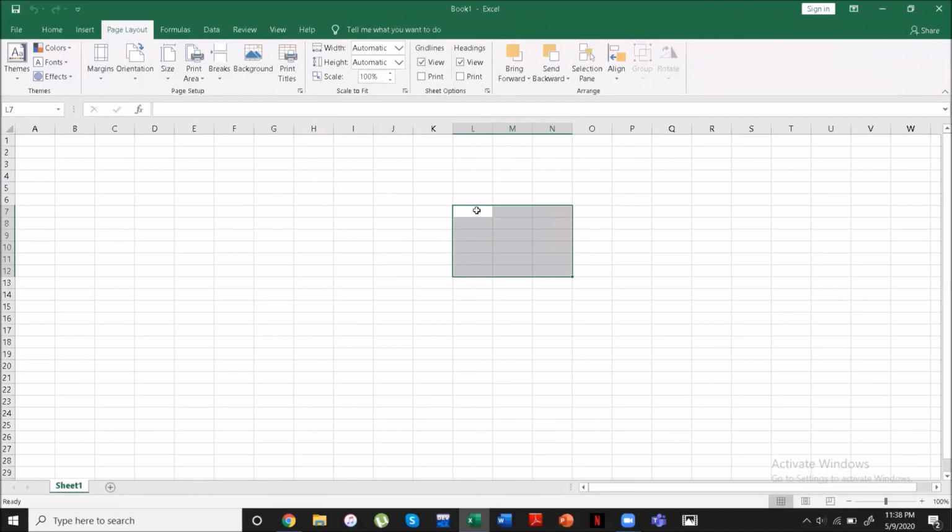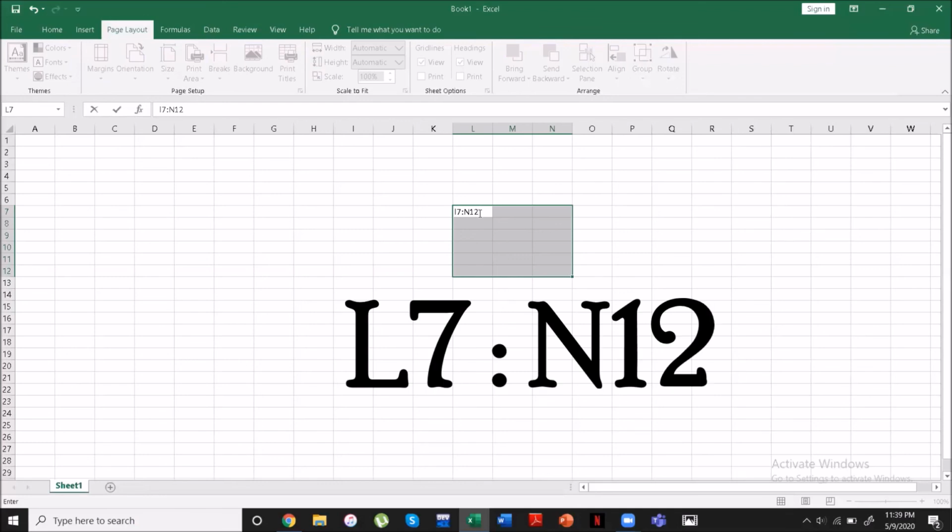this is L7. I can also name this. Now, the way you name a range is you start in the upper left and you name the cell in the upper left. So this is L7 and then you say the word through. So L7 through, and then you say the name of the cell in the lower right, that is N12. So L7 through N12, that is the name of this range. Now how you would write the name of this range is that you will write L7 through. Now the symbol for through is colon. So L7 through N12. So this is how you would write the name of the range that you see here.